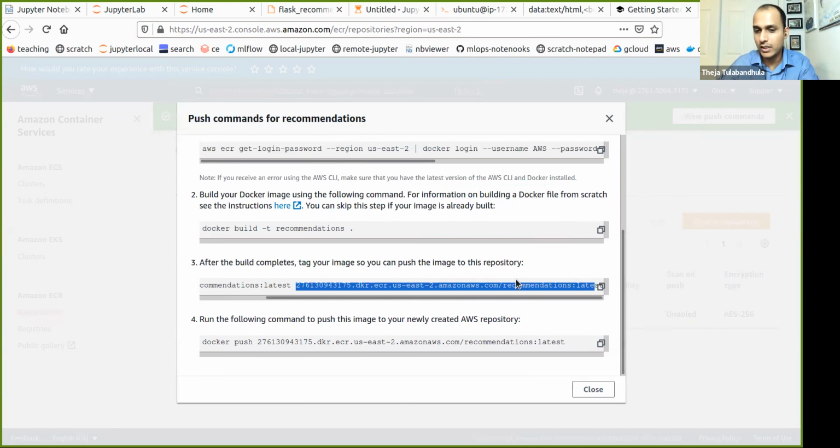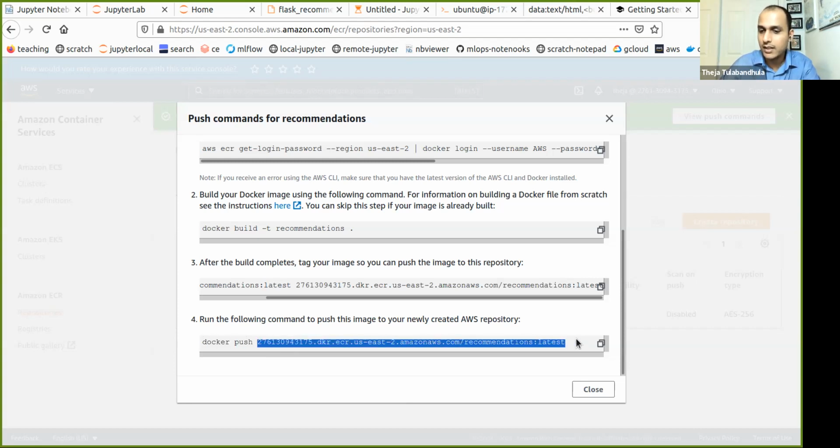For you it'll be a slightly different string, but you just have to run these commands. You don't really have to even parse what these commands explicitly mean. And then the last command is where you push. You use literally the Docker CLI utility to push to the AWS location.